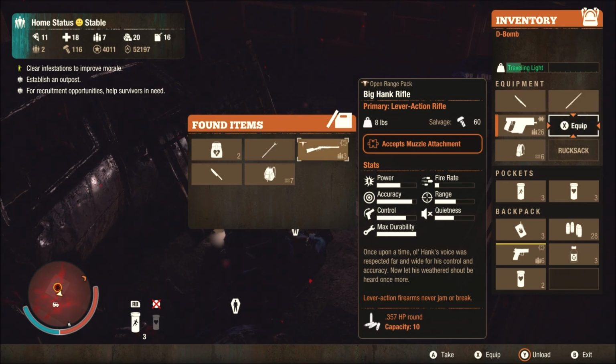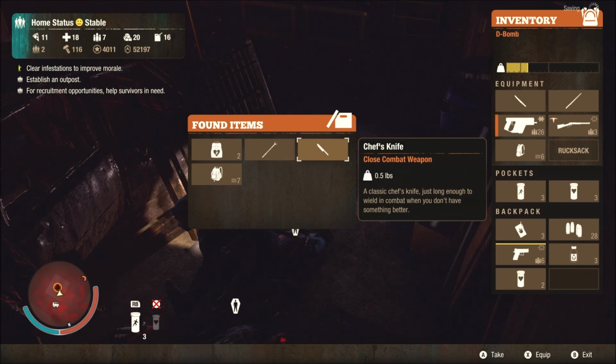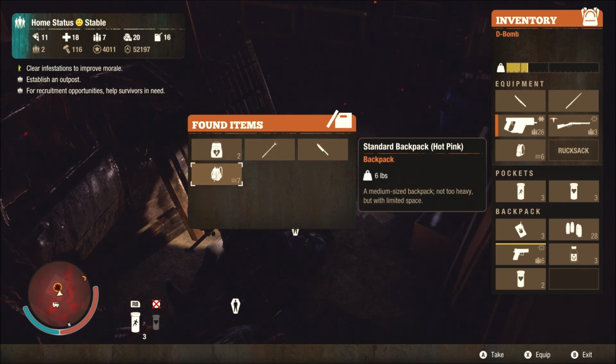So he has a gun. This lever action weapon is pretty nice. It's called the Big Hank rifle. It has an oddball round of 357, but it is a lever action weapon. And what lever action means is that it doesn't take any damage. So if you put any kind of suppressor on it, it will never break. It's actually not a bad weapon. So we're probably going to be taking the Big Hank rifle. We're going to carry it on